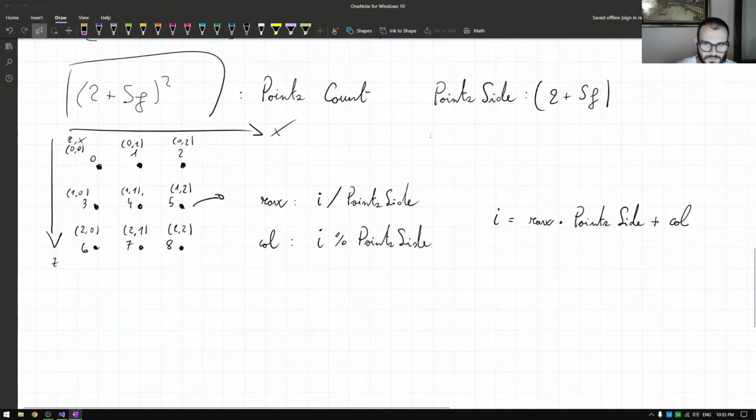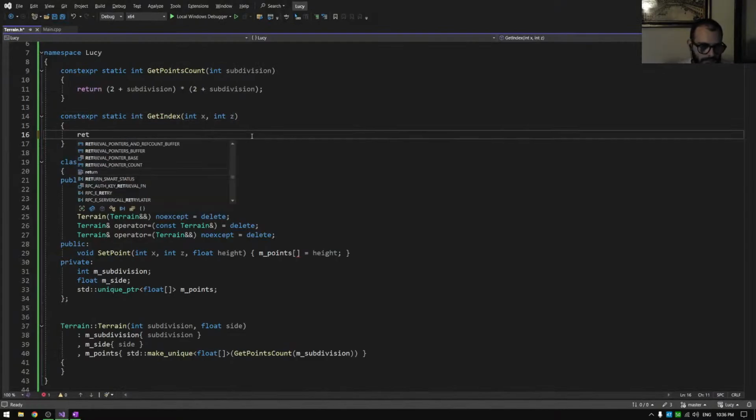The x is basically the column, and the z is basically the row. Z is row 0, row 1, row 2. The x is the column 0, column 1, column 2. So basically the row is z and the column is x. So this becomes, if I want to find the index, this is z times point side,